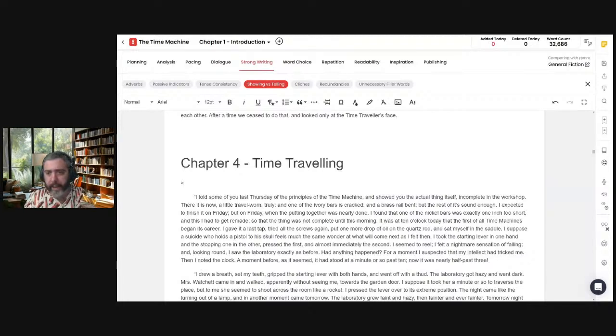Can you save your back matter pages to be used in multiple books? I don't believe you can at this time, but that's a good idea. Like I said, the publishing side is pretty much fresh off the presses.